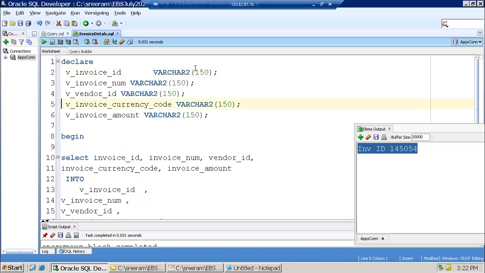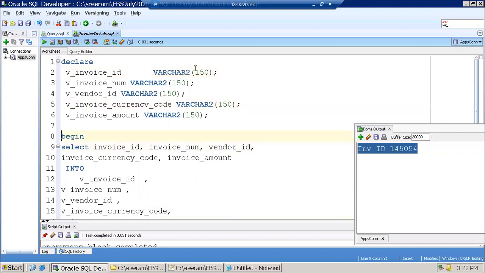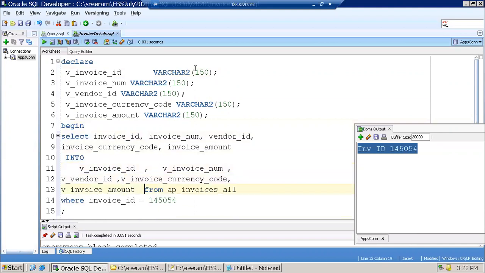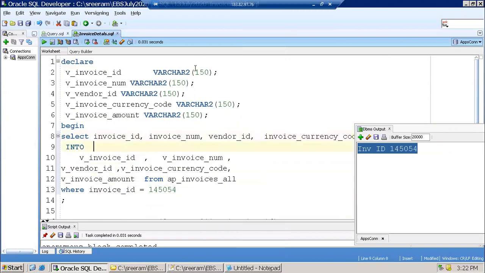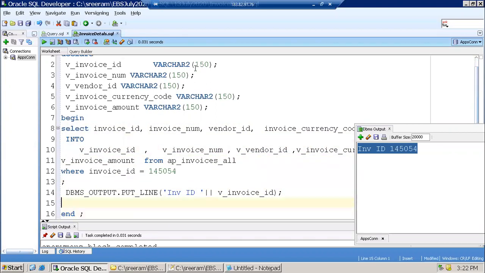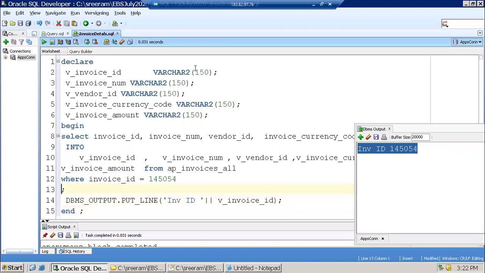Let's see, or shall I minimize it? Got it? Yeah, 15 lines.